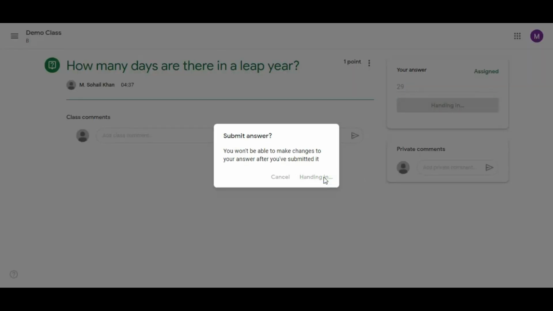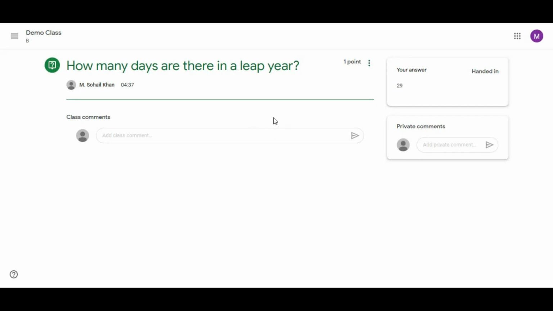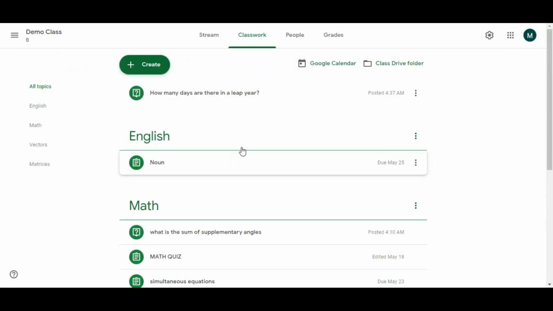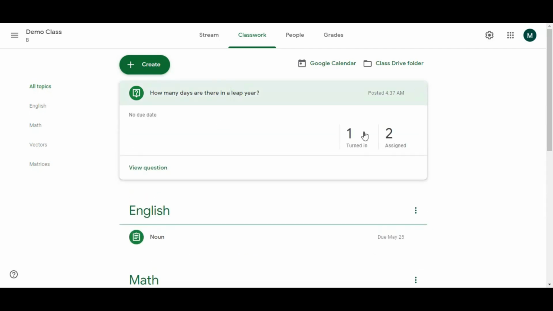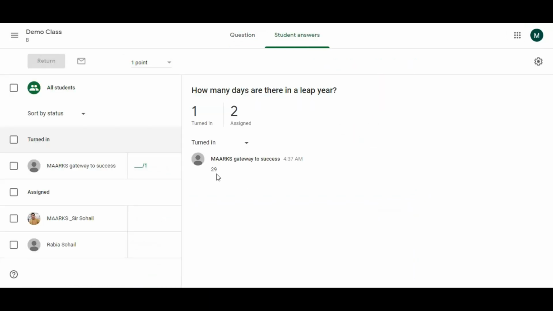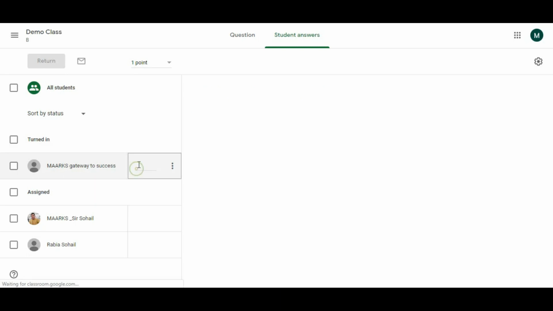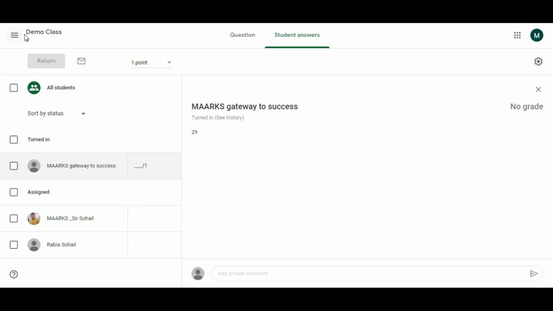When he hands in, this answer is sent. So here one student turned in, and you can check the answer. You can click here and you can see the answer, and then you can reward marks for it.